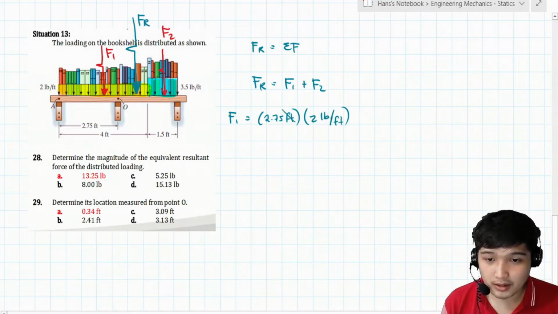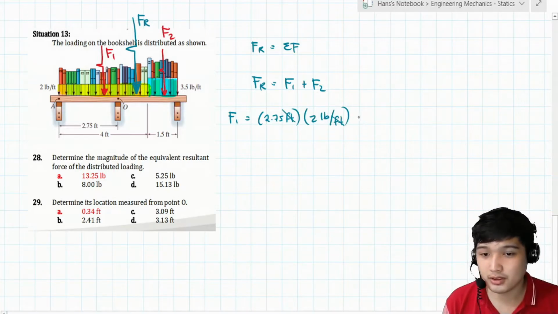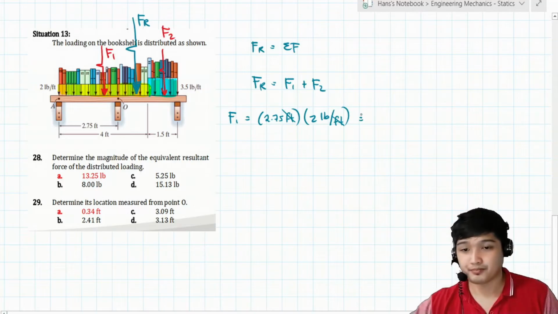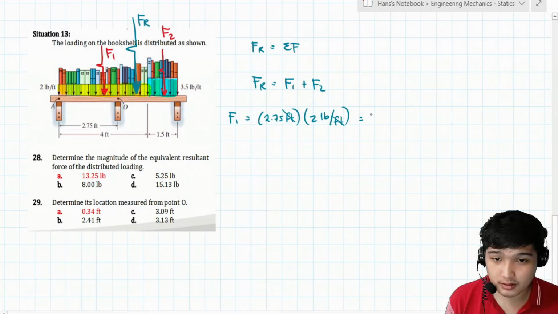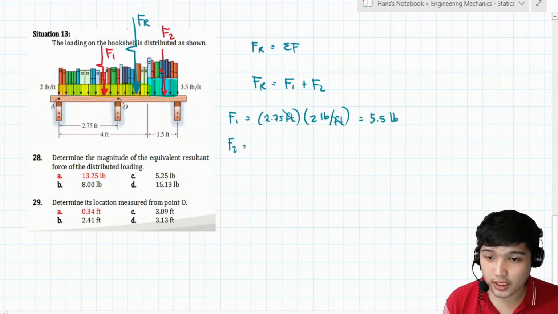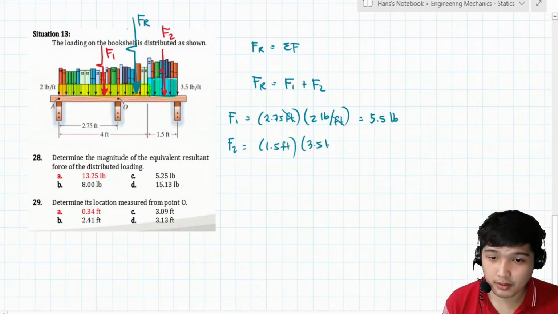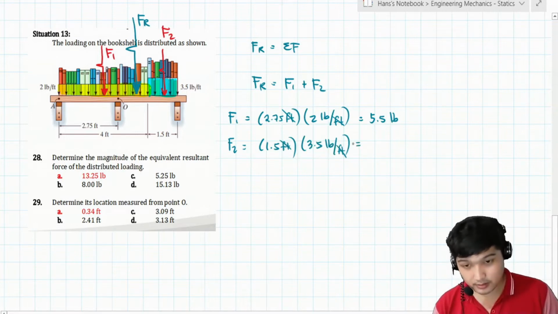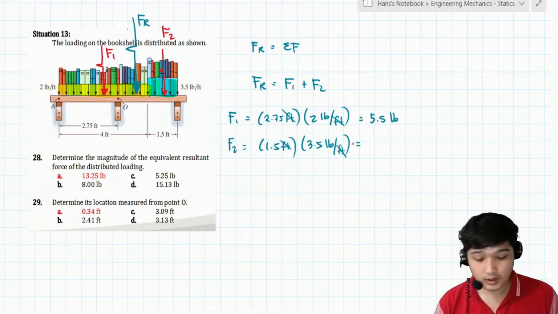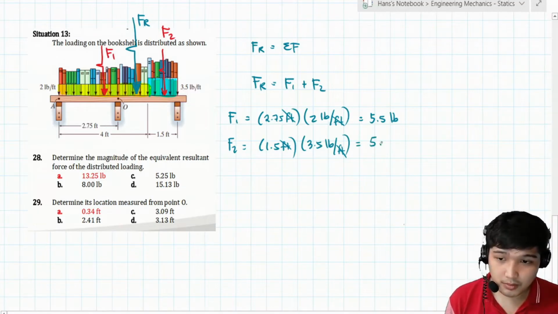So, sabi ko nga magka-cancel yan. So, matitira unit ng force. So, that is how much class? So, that is 5.5 pounds. So, how about for F2? So, the same. Area ng rectangle, base times the height. 1.5 feet times the height na 3.5 pounds per foot. So, cancel lang feet. Matitira unit ng force. Ilan yan, class? That is what? 5